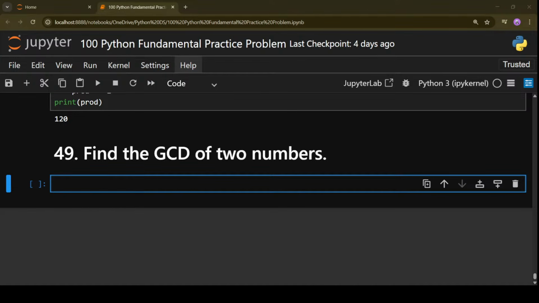GCD, greatest common divisor, I guess everyone should know. Anyone who doesn't know can ask me in the chat.